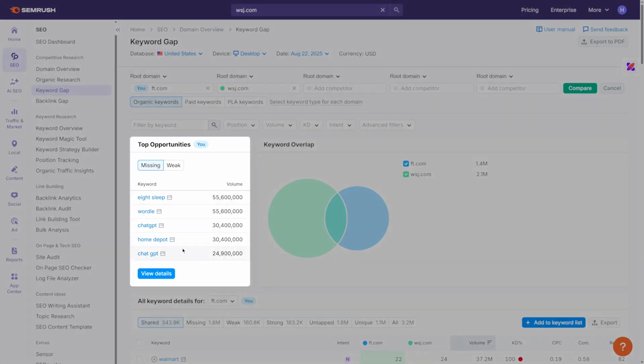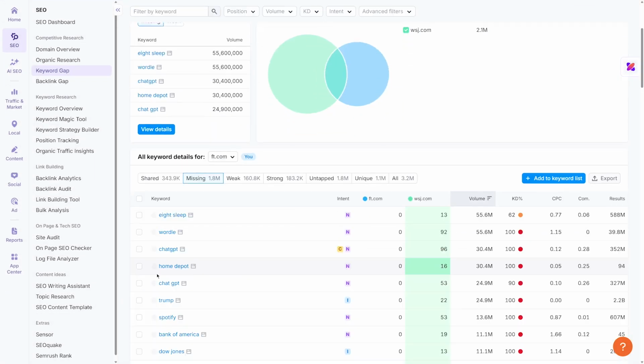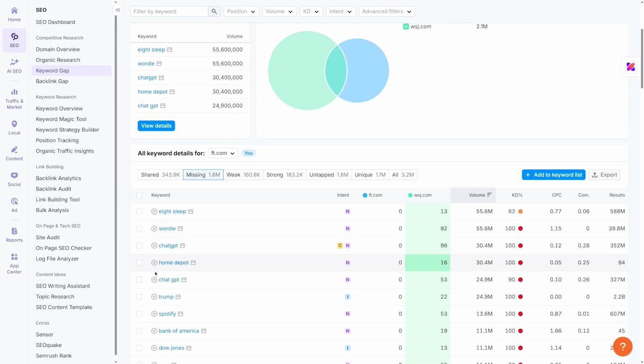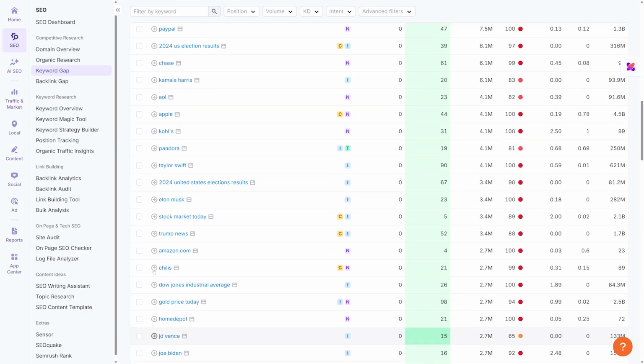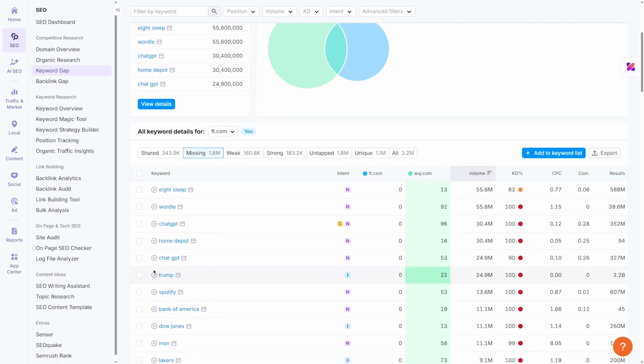These are the top 5 words missing from our website that have proven incredibly successful for our competitors. As always, you can view far more by clicking View Details at the bottom of the box. That will pull a ton, literally well over 1 million keywords that Semrush has identified. While a small business's website won't have anything close to 1 million keywords here, the data is still going to